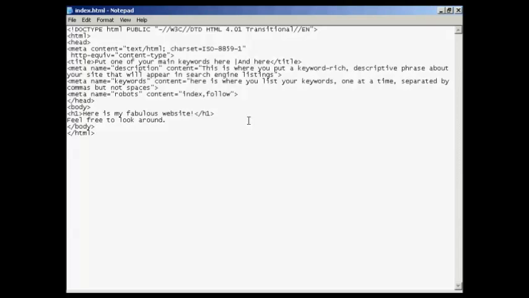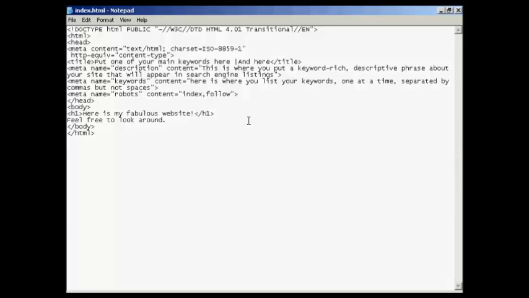In this video, I'm going to talk you through how to optimize your website's meta tags, or meta tags as some people call them, for search engine optimization. Meta tags are lines of code which are part of the website's HTML code, and they are read by the search engines and by website browsers, but they are not visible in the actual web page itself. To edit the meta tags, you need to edit the code of the website, and for that